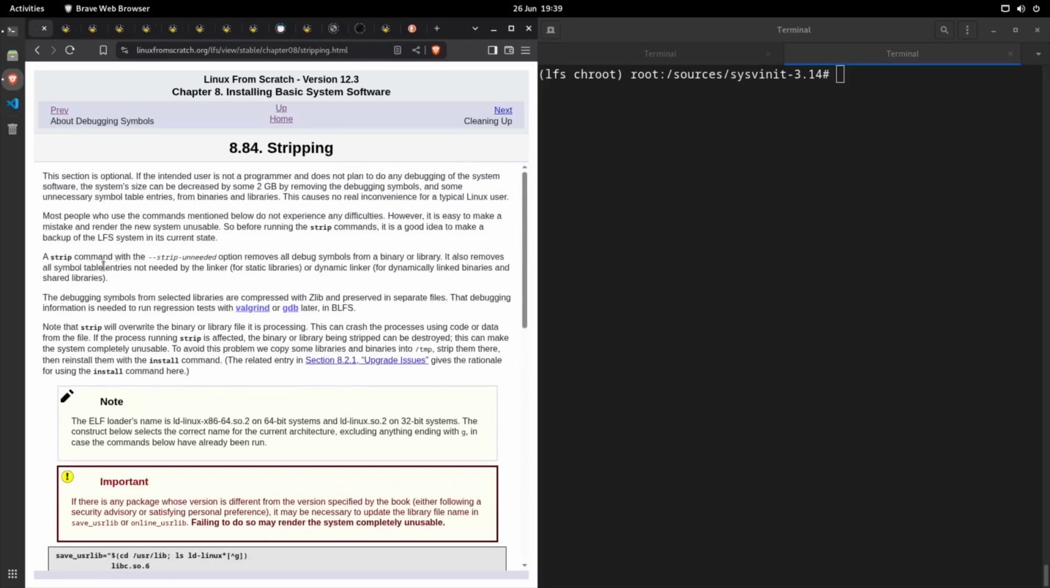I'm not going to read all of this. Oh, maybe I should. Most people who use the commands mentioned below do not experience any difficulties. However, it's easy to make a mistake and render the new system unusable. So before running the strip commands, it's a good idea to make a backup of the LFS in the current